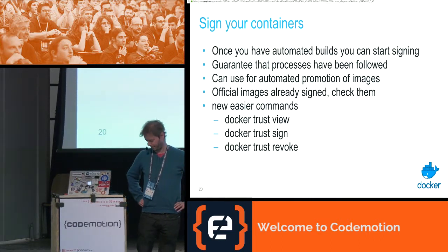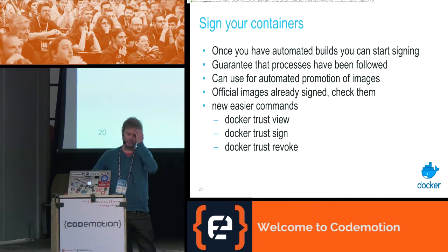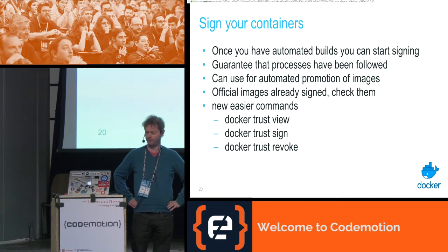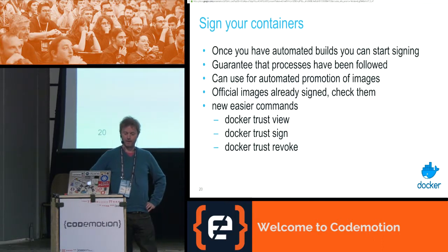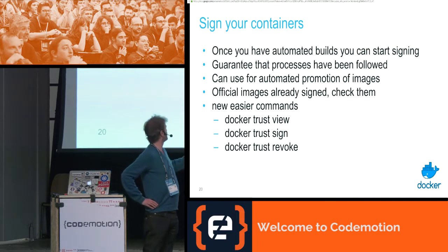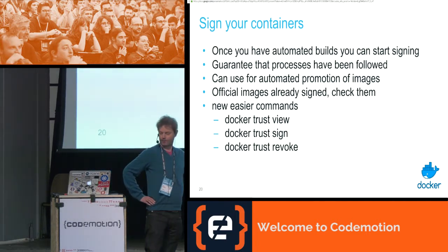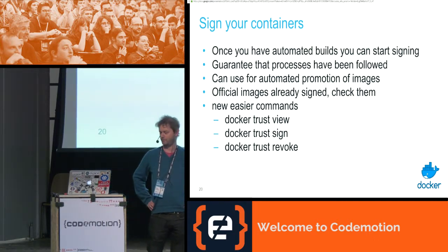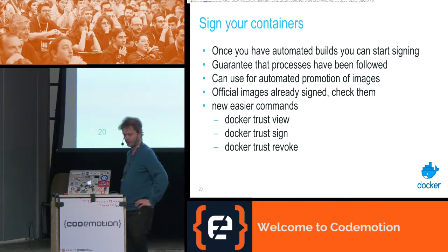Signing is part of the workflow that you can do. We have a tool called Notary, which has just been donated to the Cloud Native Computing Foundation. We've been making image signing much easier. There's a whole lot of new Docker Trust commands that we added, and those are the first 3 that are released in the current version, but there's a load more coming as well, because everyone complained that the signing was